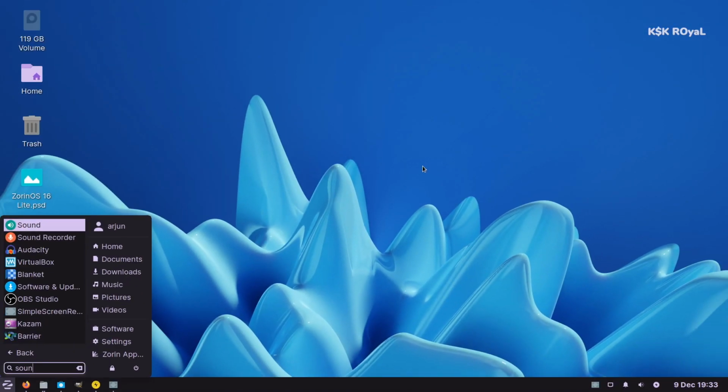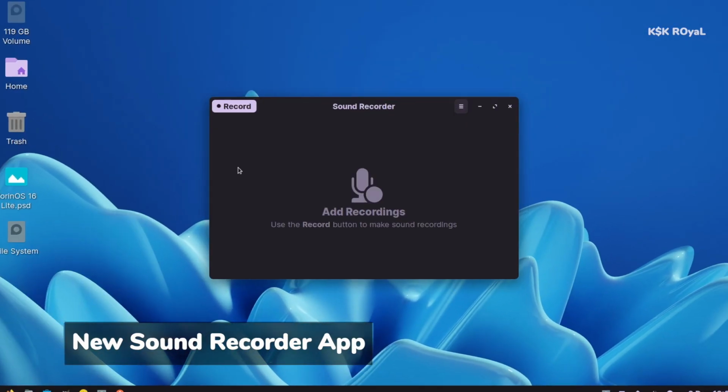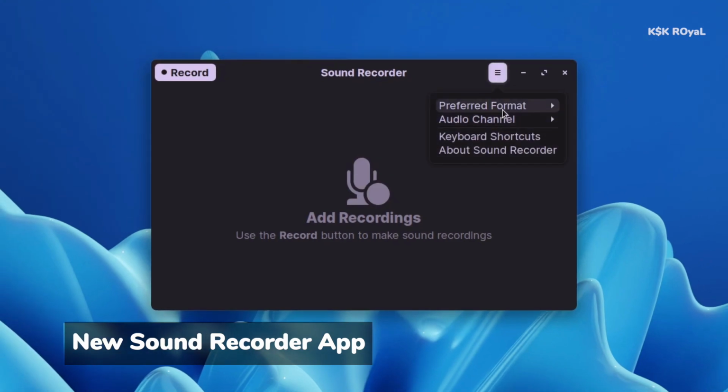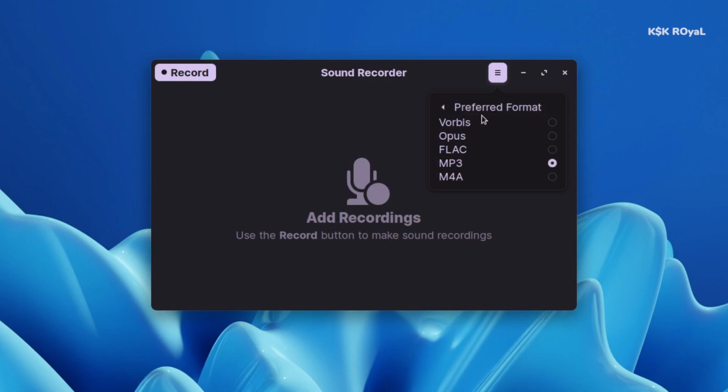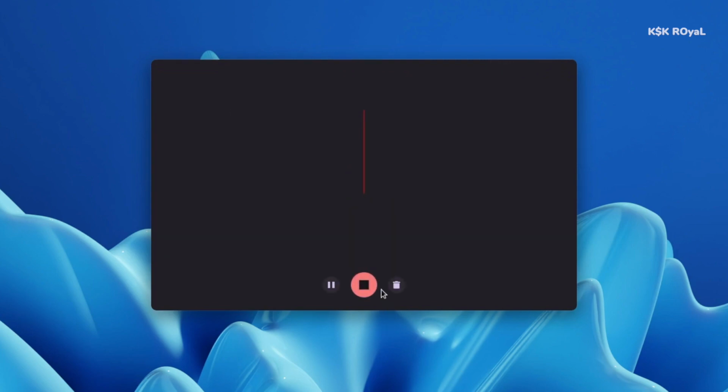The new Sound Recorder app provides a simple and beautiful way to record audio and speech and play it back. Whether you are creating a voice memo for yourself or producing a podcast, the Sound Recorder application adapts to your workflow and makes recording audio effortless.